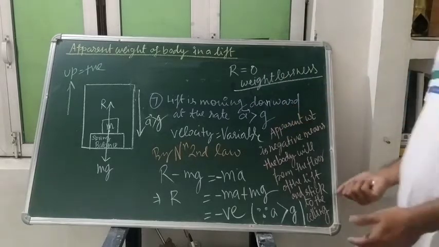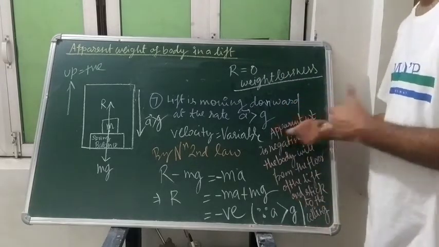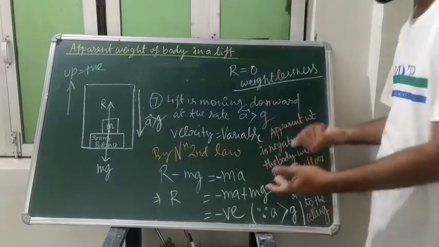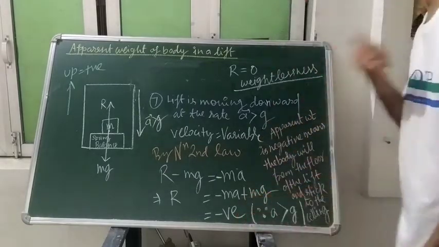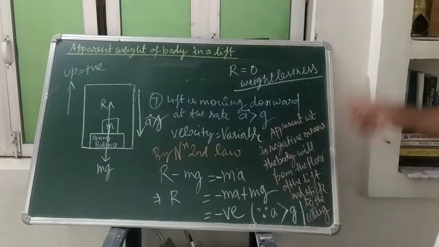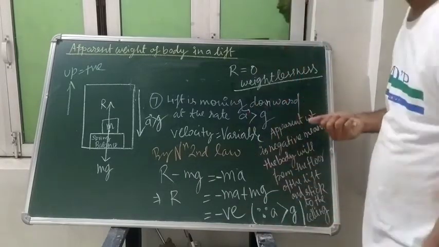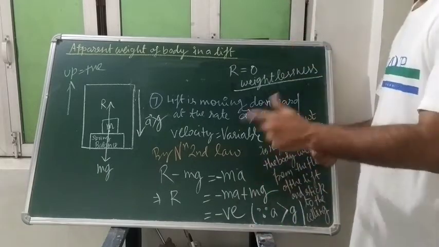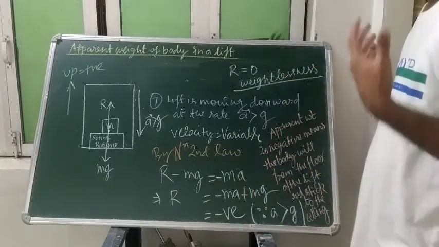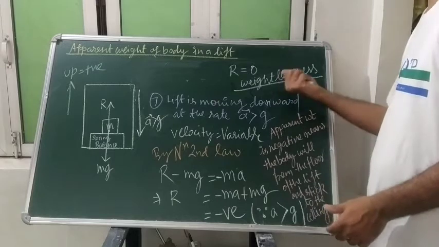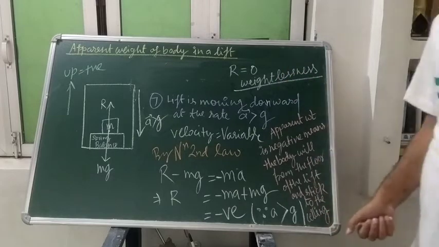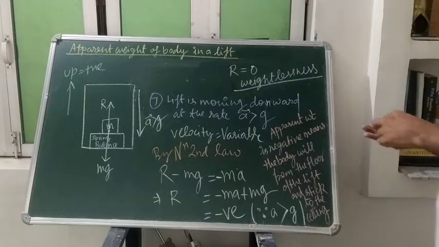And here you are looking that when your acceleration is more than g and moving downward, it will become negative and the body will stick to the ceiling. And the condition when it was moving downward with acceleration equal to g, in that case we will feel weightlessness. Okay, this condition will be asked to you.